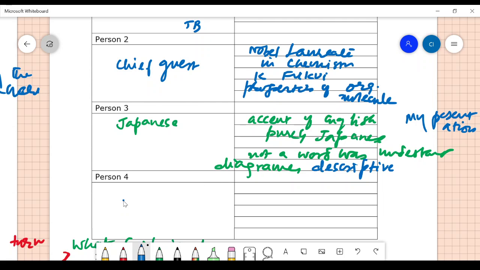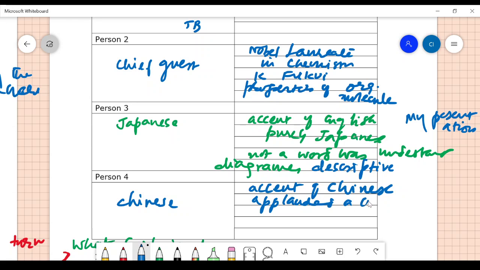And then before me was another Chinese speaker. Again, he was having that accent of Chinese. He was applauded a lot because he presented about the batteries, lithium-ion batteries, which are very long-lasting batteries. So the beauty with this team was he was having